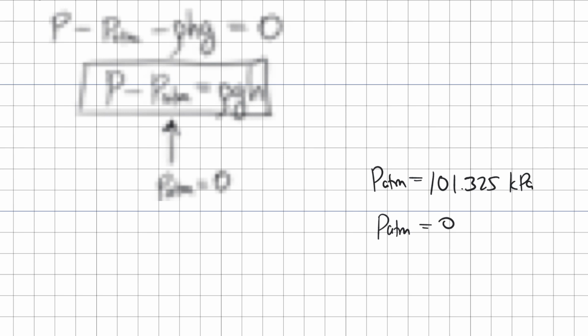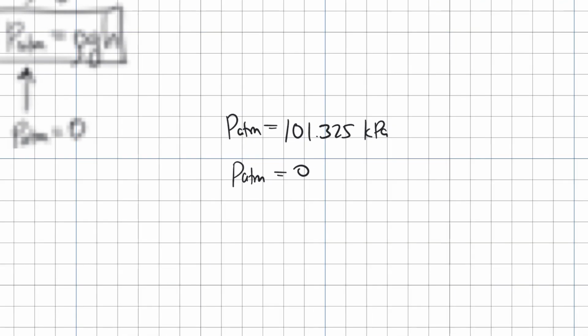Okay, now what gives here? What gives is that this is what's called a gauge pressure, and this is what's called absolute. Basically, this is what the pressure actually is, and this we're just going to treat like 0, because we're basically going to reset our scale so that 0 is at a new point. And the reason that we're going to get away with this is